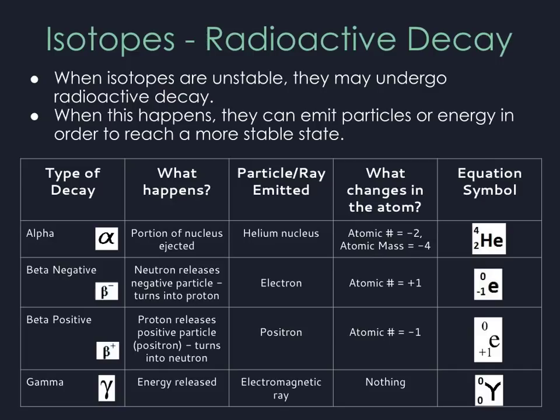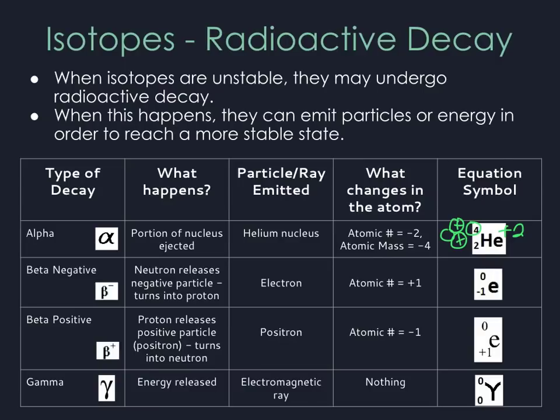Sometimes you might see it with a +2 charge on the top. Either way, it's the ejection of the helium nucleus. A helium nucleus is 2 protons, plus, plus, and 2 neutrons with no charge. Okay, so it has a mass of 4, it's 2 protons, 2 neutrons, and so what you're